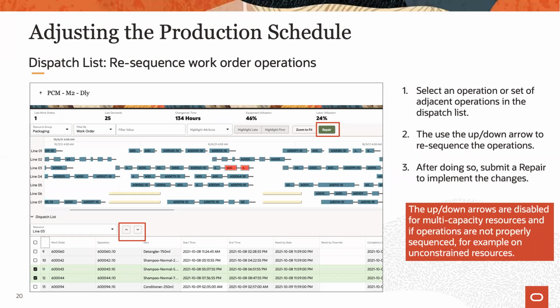Some aspects of the schedule can also be adjusted via the dispatch list. By selecting a row or several consecutive rows and then using the up and down arrows, the scheduler can resequence operations. The moved operations and all those that were jumped by such resequencing form a block of operations.